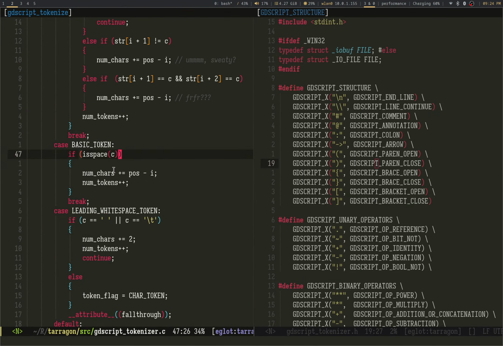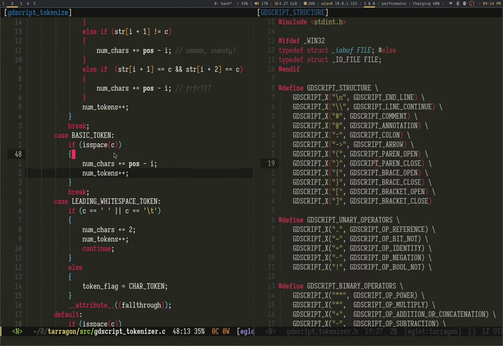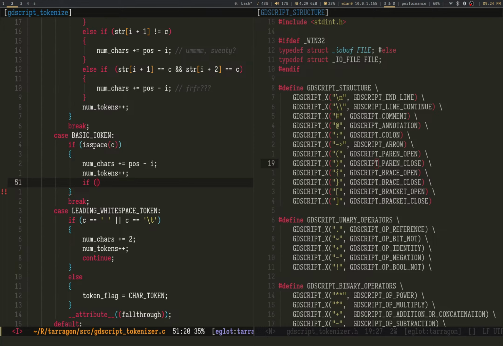Basic token is space C, yada yada. If it's space, that's the end of the token. Obviously, there's some stuff. If C is equal to new line, of course, go to deleting white space.